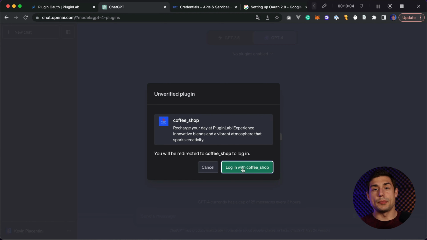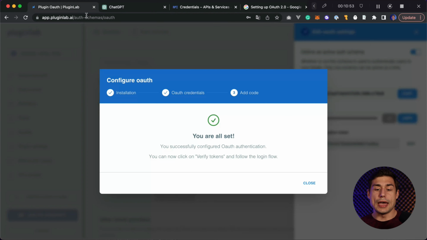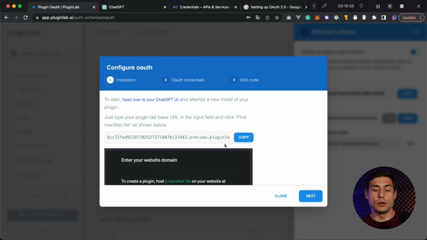At this step, sometimes ChatGPT will just throw you an error. This error is kind of normal, many users have it, even if you don't use PluginLab. So if you have this error, you don't have to restart the step from the beginning. The only thing you have to do is click on Cancel, and you'll go here on the installation, copy again the URL,